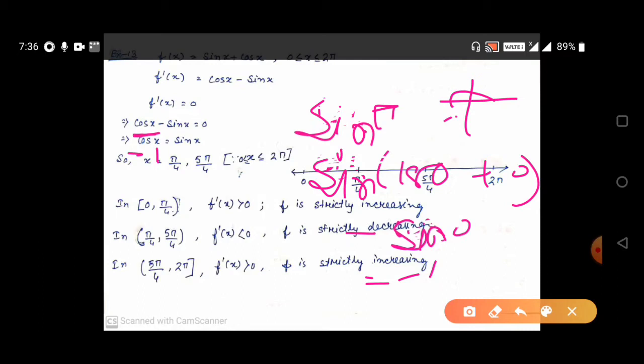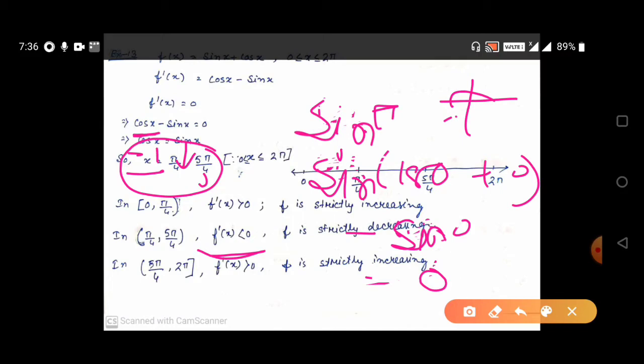Sine 0 is 0. So in place of cos x we will get minus 1, and in place of sin x we will get 0. So as a whole it will become negative. That is why in this interval pi by 4 to 5 pi by 4, f dash x is negative, so f is